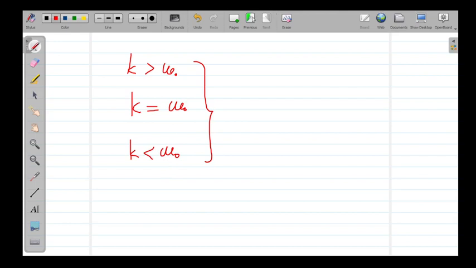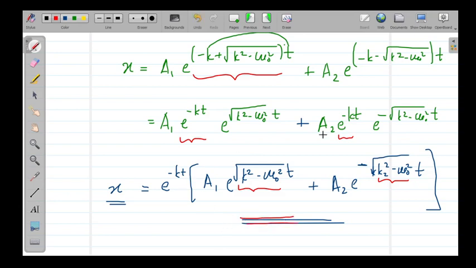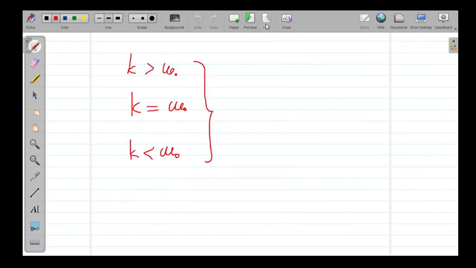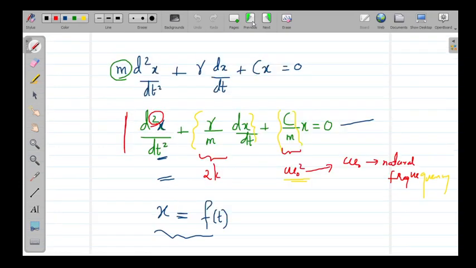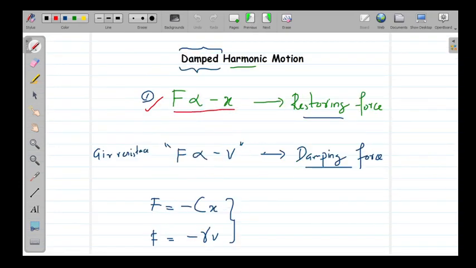As for now, you can understand that this solution actually indicates the general movement of the system under a damping force, the behavior of the harmonic oscillator under a damping constant or damping force, and it can show different behaviors depending on the values of k and omega 0. So we will have a look at these specific situations in the next class. So as for now, try to find out the solution of x in terms of t. Try to understand the mathematical procedure, the differential equation of a damped harmonic oscillator and its basic concepts.